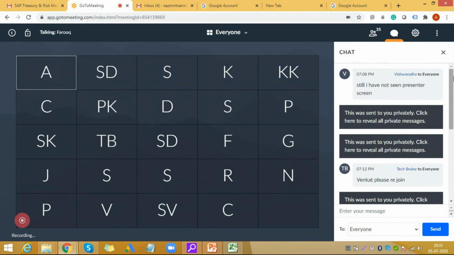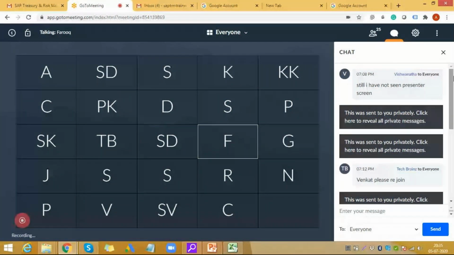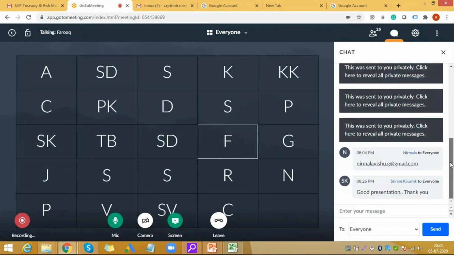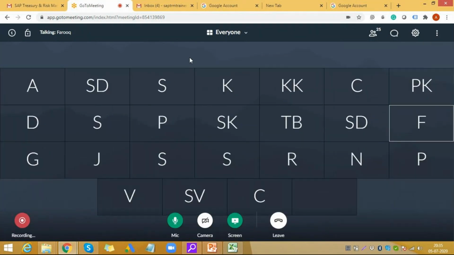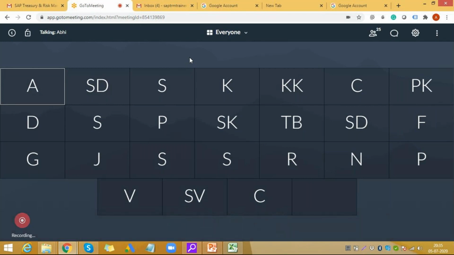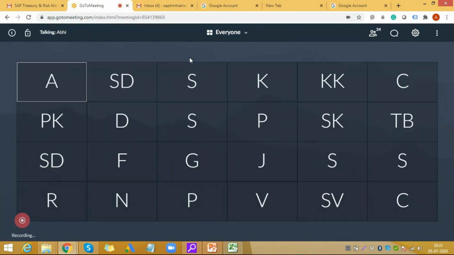The only reason I'm asking is I don't know about the other people's background, but I do have an SAP finance background. The problem is the treasury terminology is brand new to me. If I don't ask the question right away, I may not be able to understand the subsequent process properly. Yes, so you can ask the question straight away. Of all the trainings we have taken, we have answered questions straight away. But there are times that your question will basically be answered as we complete the session. For example, you ask a question that I'm already going to answer in the next 10 minutes because I'm going to cover that process.